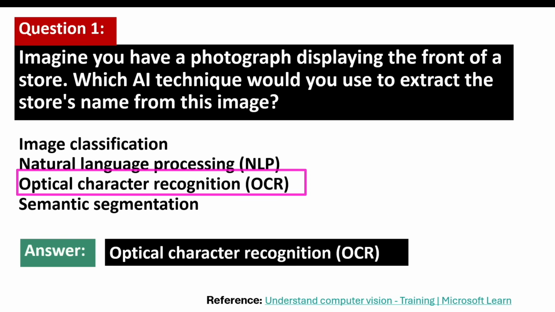So first, let's understand what is OCR. Optical character recognition is known as OCR. It is a technology that allows computers to recognize and interpret text from images. This could be text from an image, or from a scanned document, or from a photograph as well. Essentially, OCR converts different types of documents such as paper files, PDFs, or images captured by a camera into editable